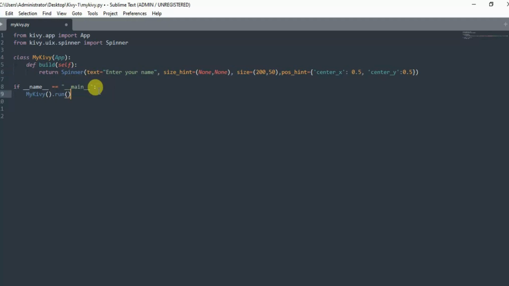As you all know, the spinner is going to take values as a drop down, so for this we need to remove this text, and we are going to use values that are going to be